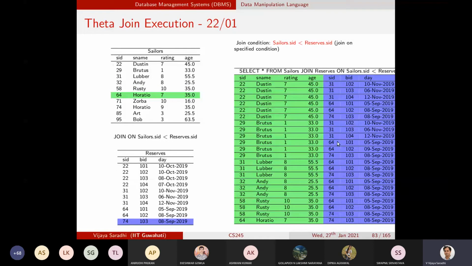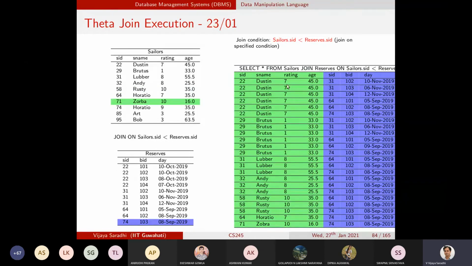The join condition is identical, there is no issue. So only these 23 records are there.